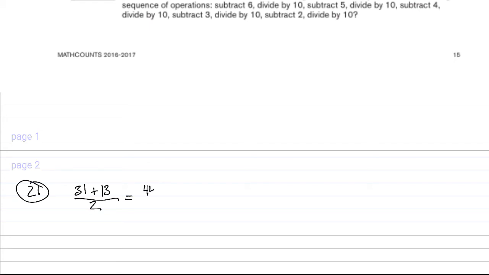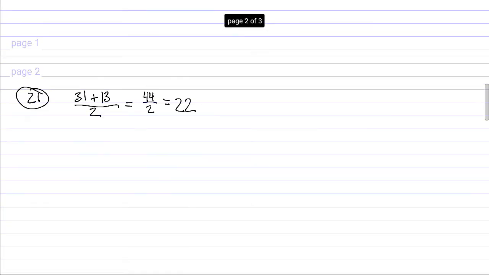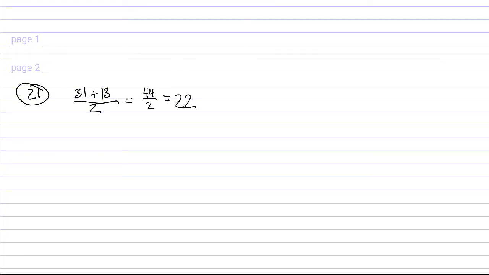So we're saying we include 13 and 31, and we know that taking an average, you add the numbers and divide by the total number of items, and that's equal to 44 over 2 equals 22. Another way you can do it is to think that an average